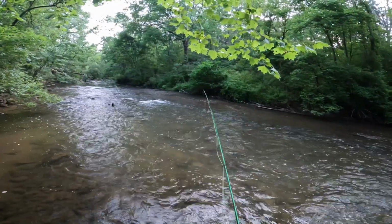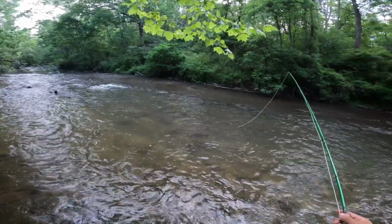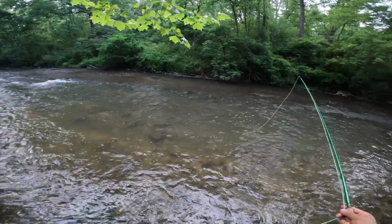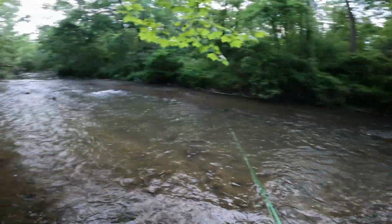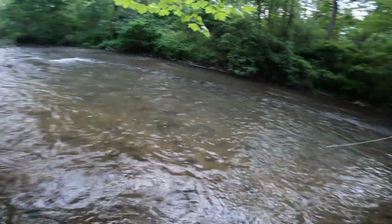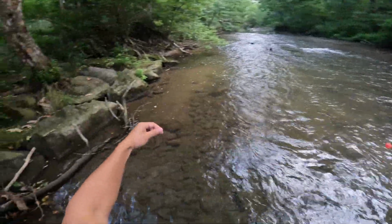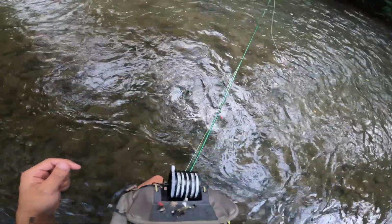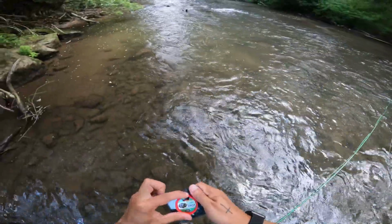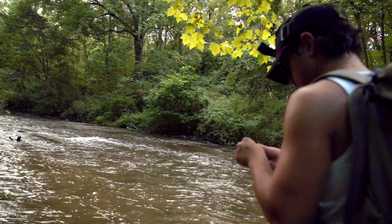Ooh, okay. I'm gonna try to let this do a full float through if I don't catch anything. Let it get all the way through. See where it's going. I don't think I'm getting deep enough, which is crazy. I'm gonna throw a little split shot on for this little guy on the back. That seems to be the one that they went after. I'm not quite sure that I need a split shot for the front one, but you know,